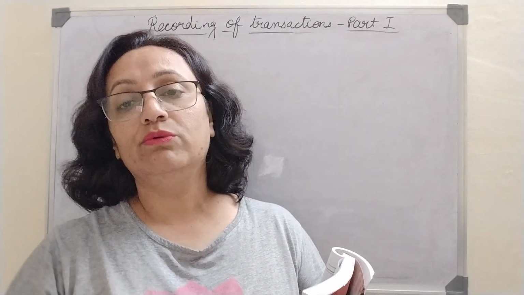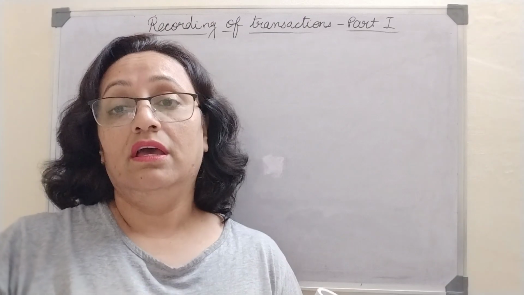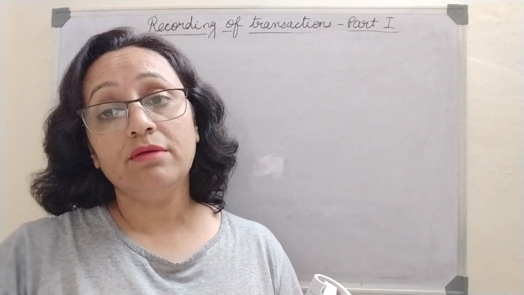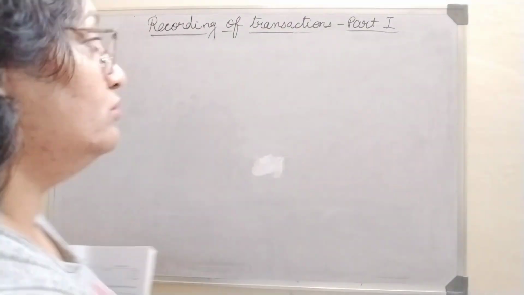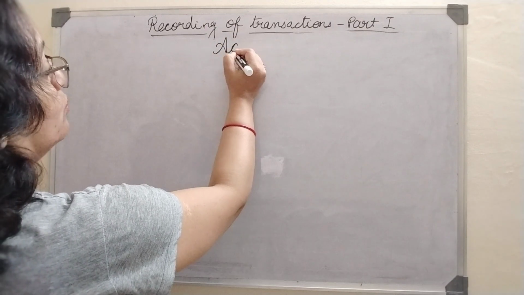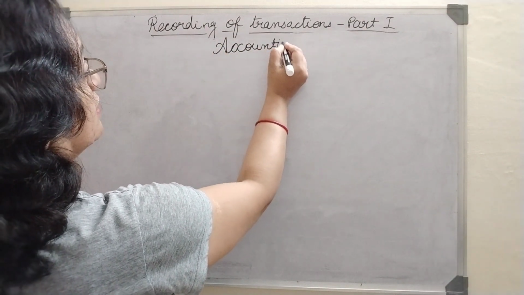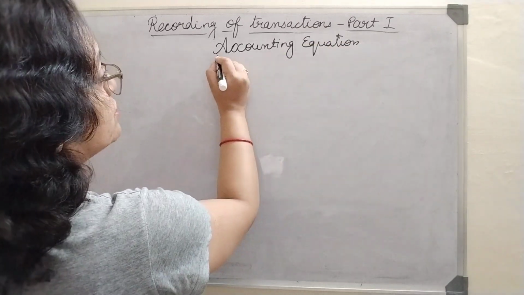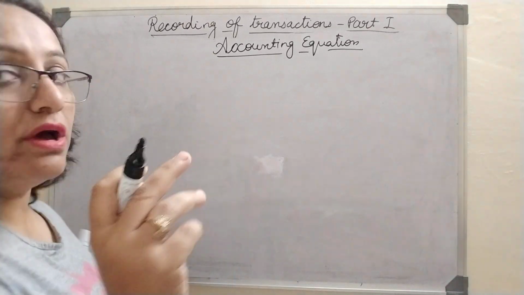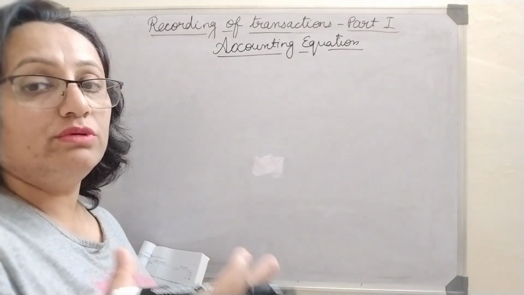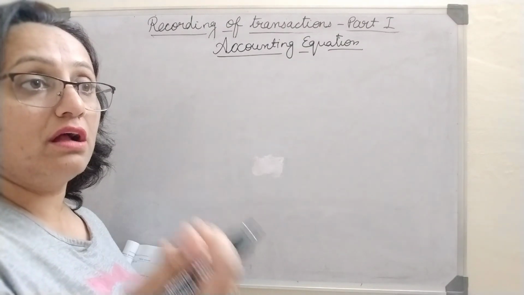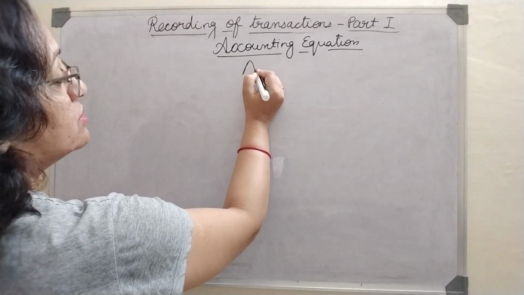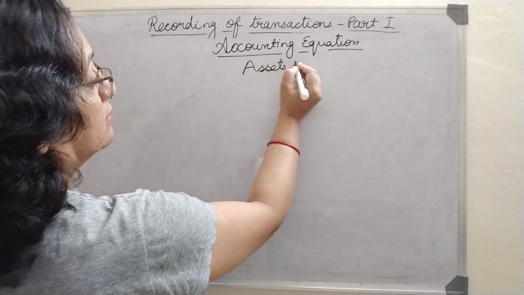In the last class I told you about the concept of balance sheet, in which assets are always equal to liabilities and capital. So the same concept we are taking into account while preparing the accounting equation. It should be clear to you what an accounting equation is. Like in math you have equations, where you have learned so many equations to solve the problem. Same way in accounts also we have the concept of accounting equation, and that equation is assets are equal to